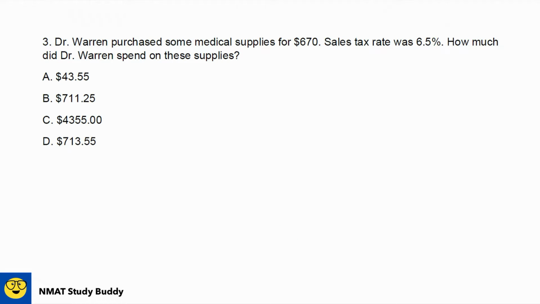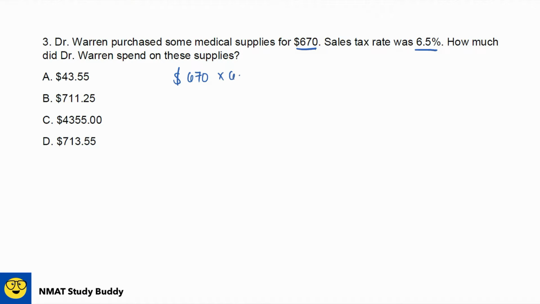Number 3, Dr. Warren purchased some medical supplies for $670. The sales tax rate was 6.5%. How much did Dr. Warren spend on these supplies? So, the tax is added to the original price, right? So, we need to first compute the tax from the original price. So, we will just multiply. So, our solution will become $670